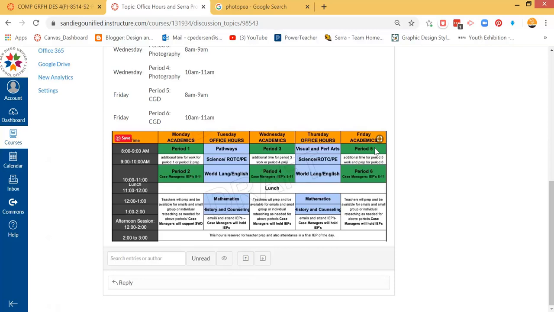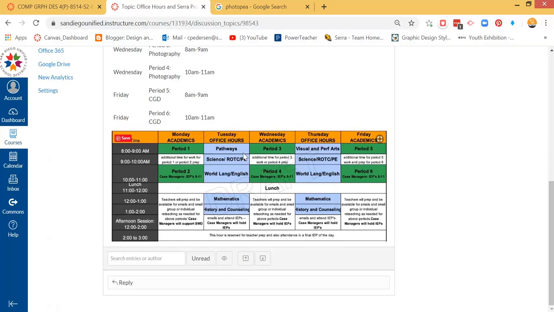So for 5th period, that will be the hour of 8 to 9 a.m. For 6th period, that will be Friday, 10 a.m. to 11 a.m. Also, once again, optional. And then as part of the pathway classes, that's going to be the Tuesday office hour that's going to be open to all of my classes. So that particular one may get a little busy, but it also may not since it is earlier in the morning. So not first period, on Tuesday, at 8 to 9 a.m., I will have open office hours,